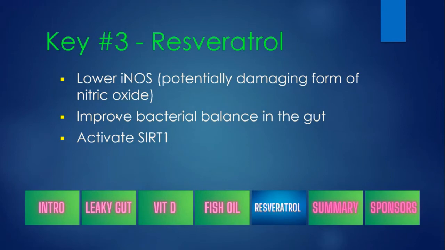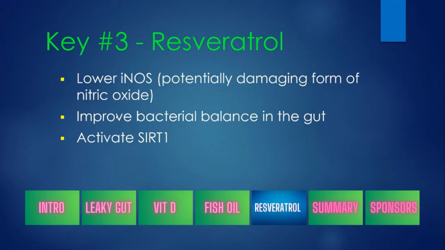Which would be great, right? When you have autoimmunity or an inflammatory process, you want the inflammatory process to resolve when it should resolve. The iNOS is something that you typically want to minimize. And there are two other types. There's nNOS, N for neuron, or neuronal nitric oxide synthase, which has a protective effect on neurons, nerve cells. And then there is eNOS, which is endothelial nitric oxide synthase.